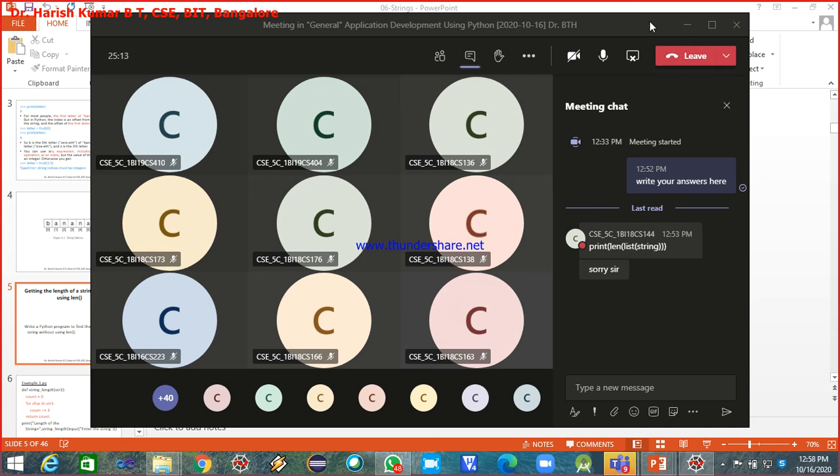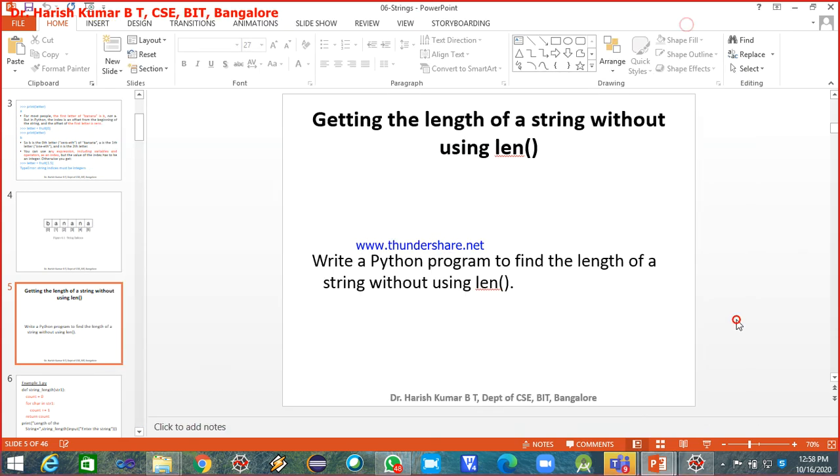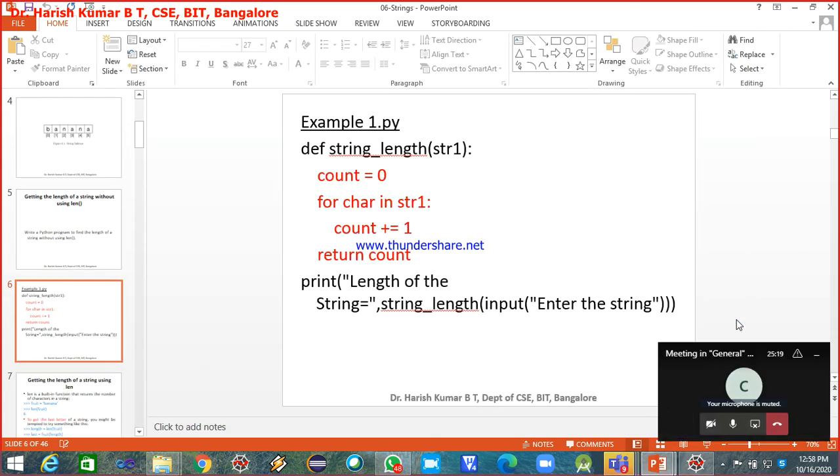Okay, I'll show you the answer by myself. So this you can write, this is not difficult. Everything I'm writing in the form of a function definition, that's all. I'm prompting the message saying length of the string is equal to, and then I'm calling the function string length and prompting the message enter the string.